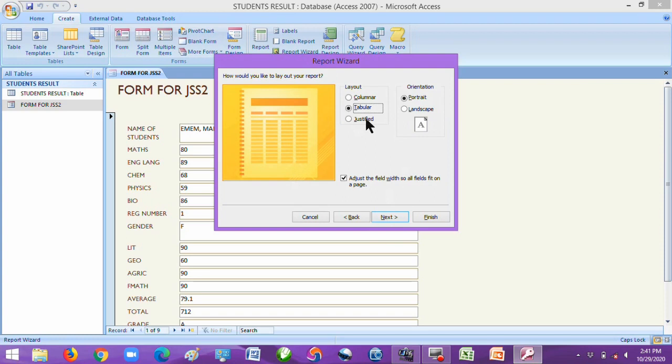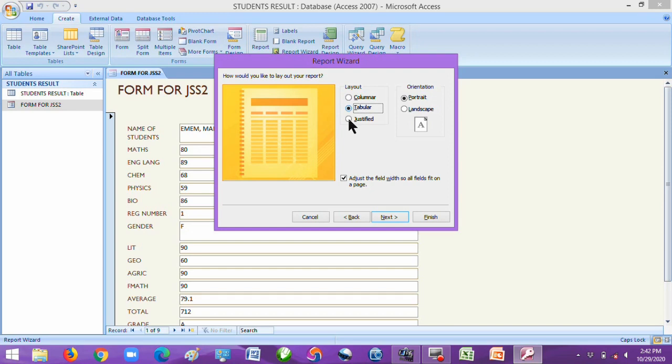What layout and orientation will you use for the records you want to perform? The first one here is the layout, which you have columnar, tabular, justified, and you have orientation, portrait and landscape. If you want to use justified, for instance, select justified. If you want to use columnar, select columnar, and if you want to use tabular, select tabular.